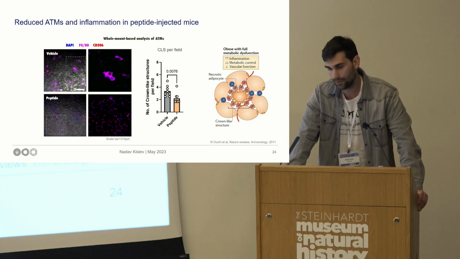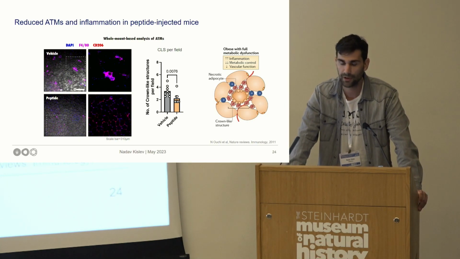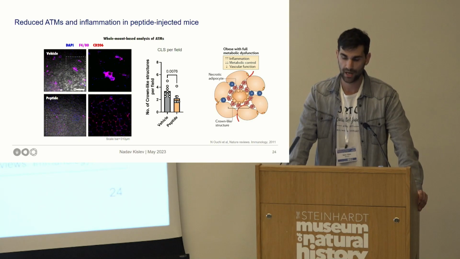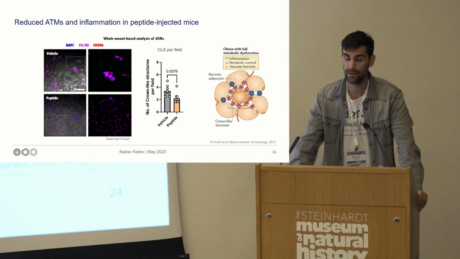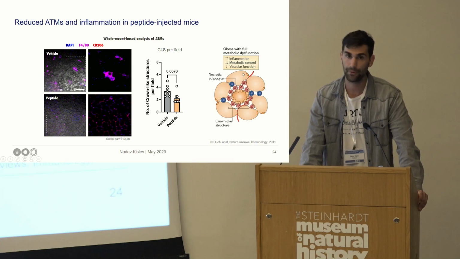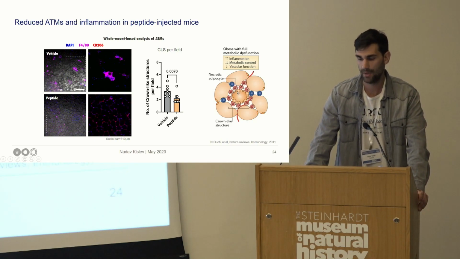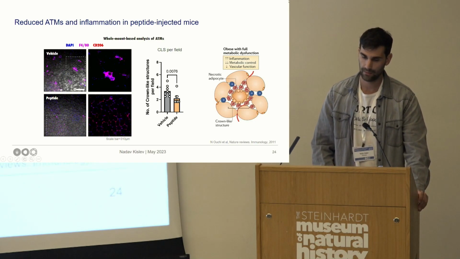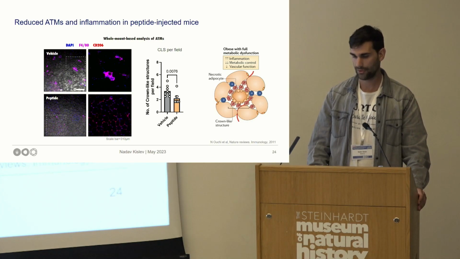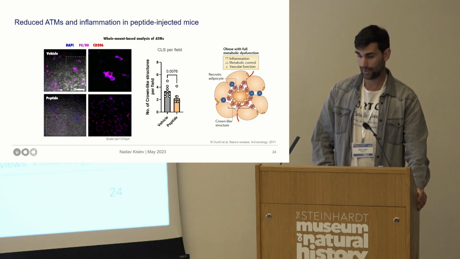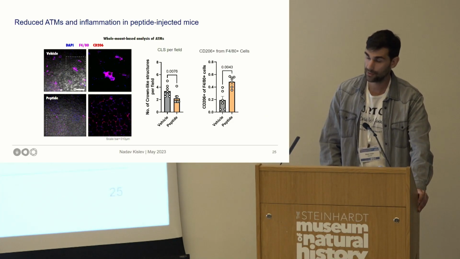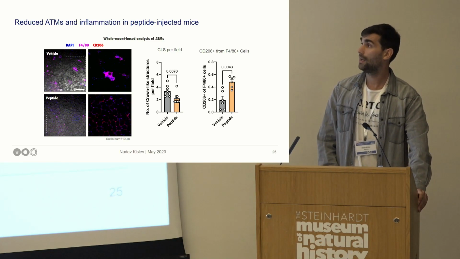And not only that, we also studied the specific characteristics of macrophages in the tissue. One of the key characteristics of the dysfunctional adipose tissue are crown-like structures. These are aggregates of macrophages that usually surround necrotic adipocytes. These cells become really pro-inflammatory and dysfunctional, and we use them to assess the amount of dysfunction in the tissue. So as you can see here, when we used the peptide, we had fewer crown-like structures, and the cells expressed more CD206, which means that they also changed their phenotype. And this is in vivo.